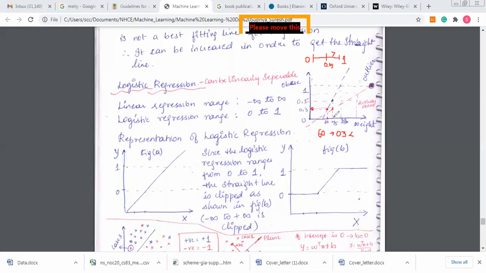Next, what did I take? The value of X was 75, and I saw that he's connecting to the point on the line, and the line is projecting to the value of 0.5. So with respect to this line we have constructed, above 75, all of these people fall under the obese category. Below 75, they are not. This is our strategy. And the third point, above 85, is pointing towards 1, so he's highly obese.